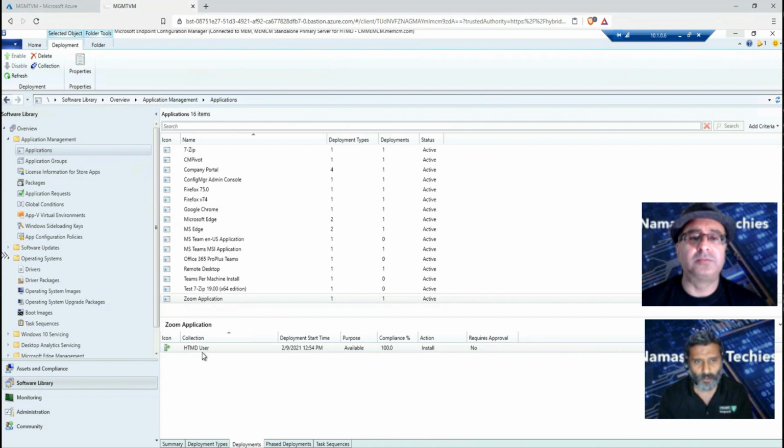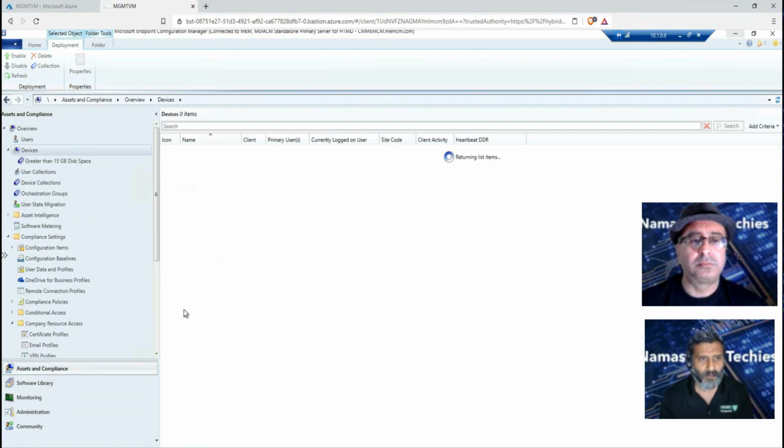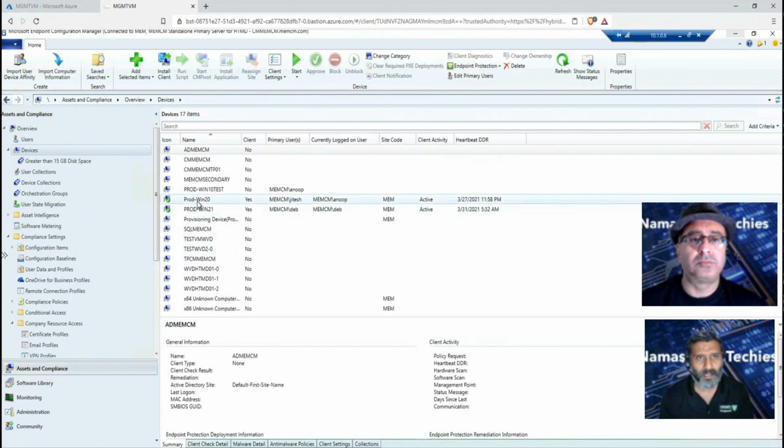I have deployed to all users, or HDMD users. And it's an available deployment. So that is why you can see that over there in the software center. And the other best way to look at this is basically if you go to this particular client